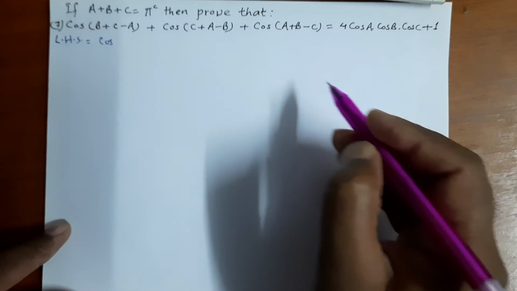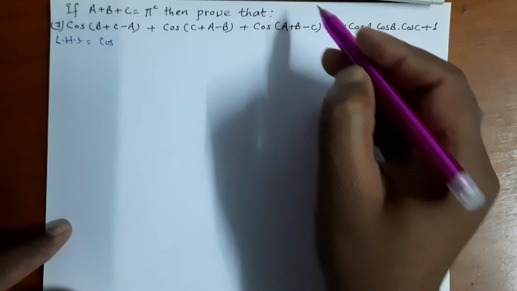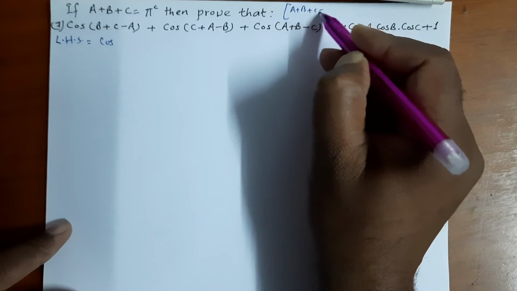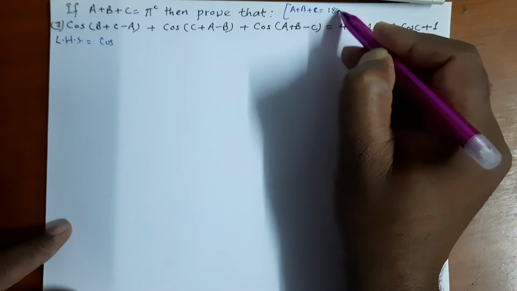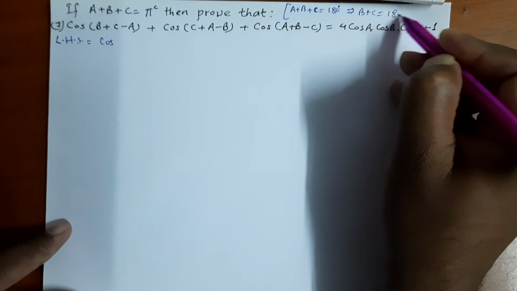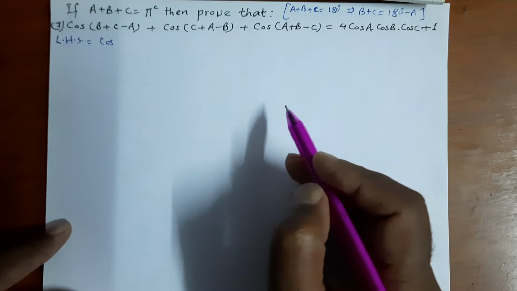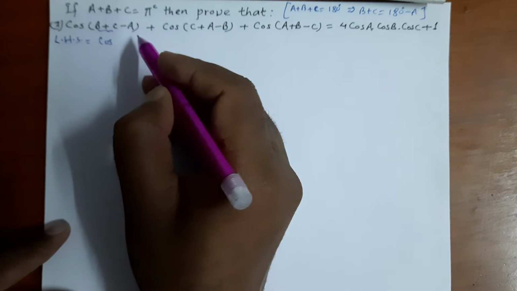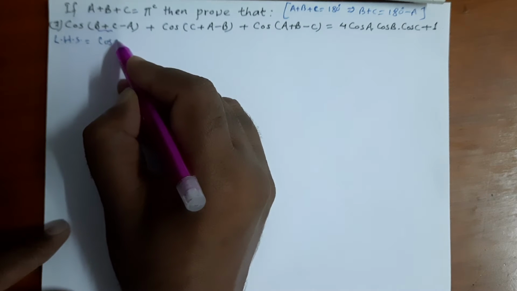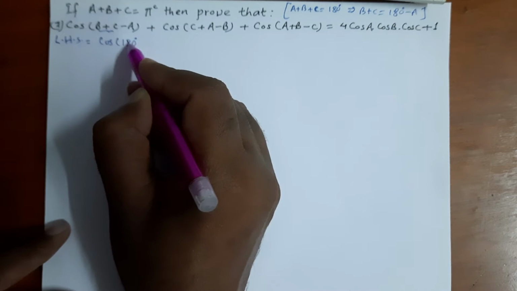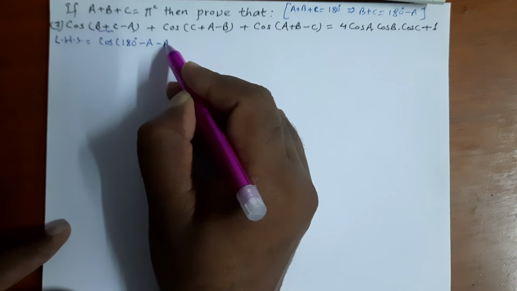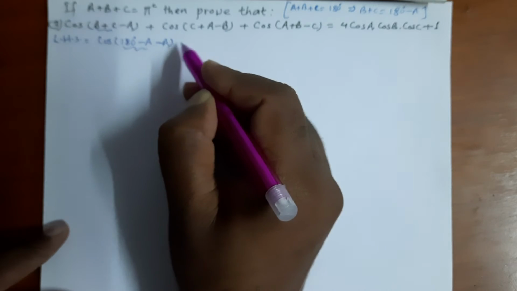Here our condition is A plus B plus C equals pi radian. That means A plus B plus C equals 180 degree. So this implies B plus C equals 180 degree minus A. Okay, so this B plus C equals 180 degree minus A, or pi radian minus A, same thing. This minus A is already there, plus